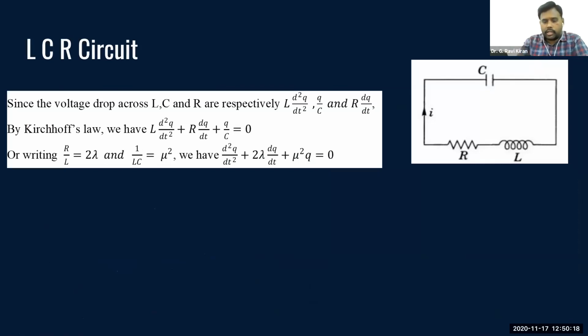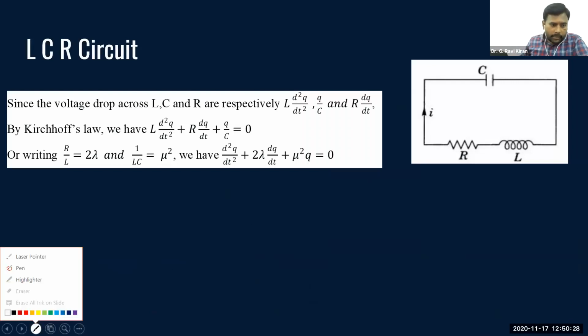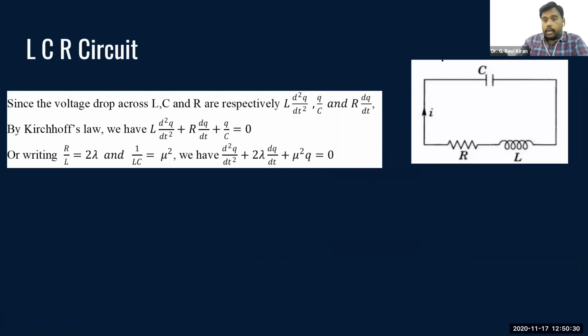If you take an LCR circuit of this kind, you can find the net voltage drop across these three components in the circuit. You can find an inductor here, a resistor, and a capacitor as well. Across each of these three components there is some voltage drop when current is passing through the circuit. And remember, it's a closed circuit. Within the closed circuit, when there is a passage of current, there is certainly some voltage drop.